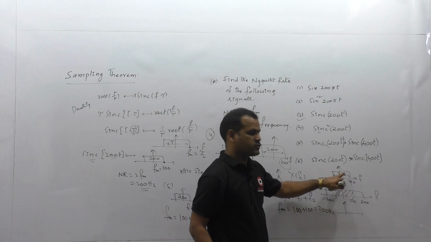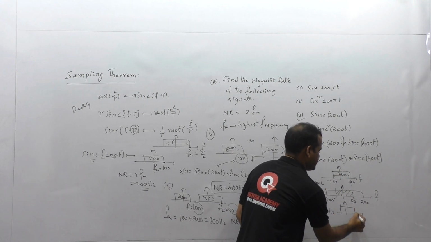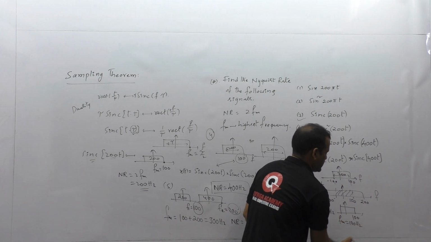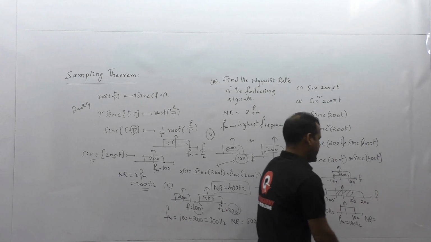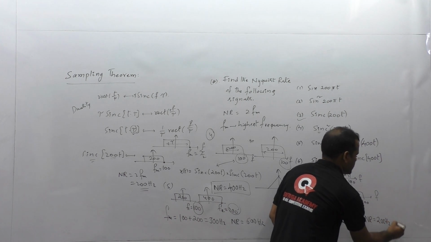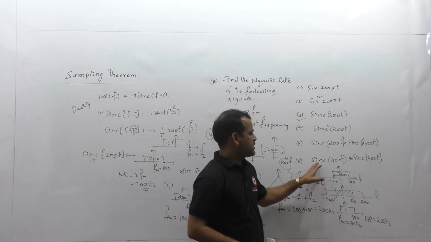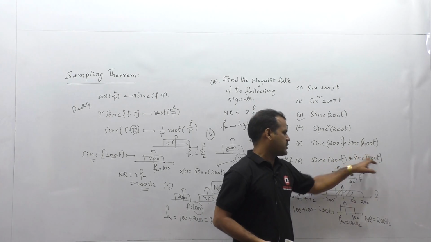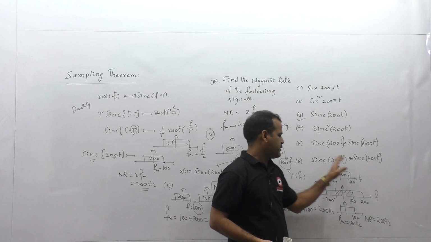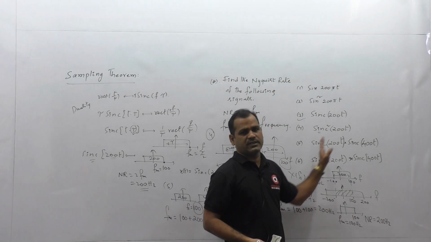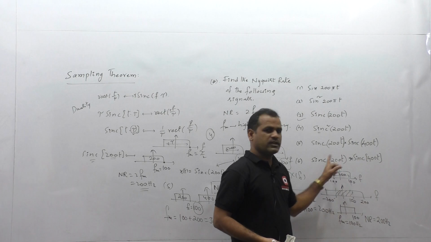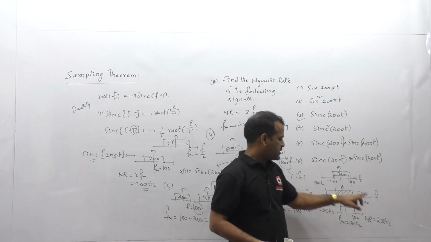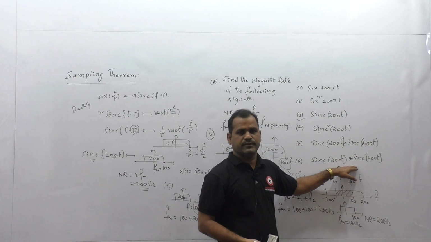Observe, the product of these two signals should have the highest frequency component 100. So if Fm is 100 here, the corresponding Nyquist rate we can take as 200 Hz. We can observe the Nyquist rate of a sinc function convolved with another sinc function. You can observe the least constant which is multiplied to t will become the Nyquist rate here. If you convolve one sinc function with the other sinc function, out of those two signals, the one having the least constant value of multiplicand, that least constant is nothing but the Nyquist rate of that particular x of t signal. We can observe like that.